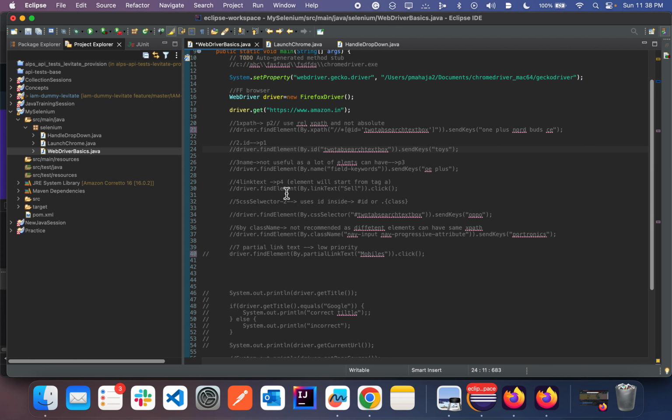Then there's linkText. In the case of linkText, the value will start from